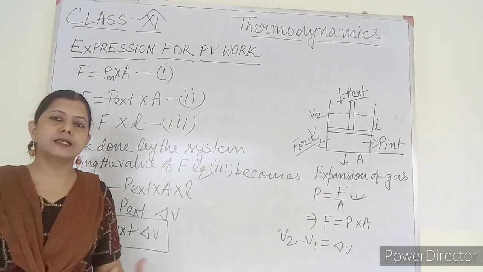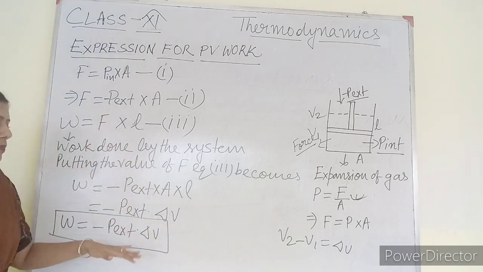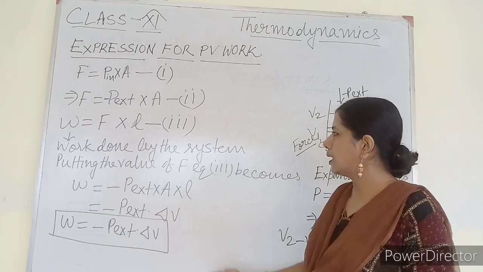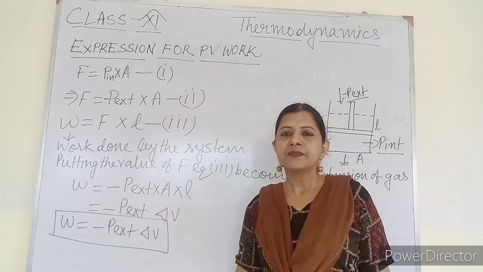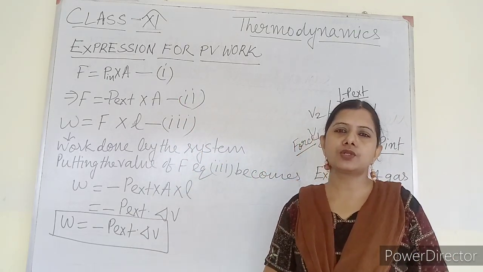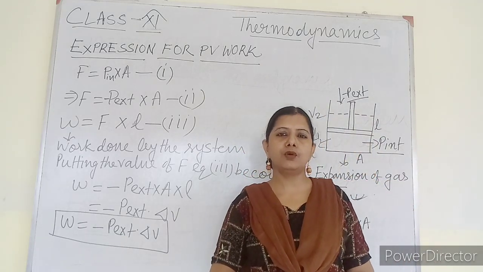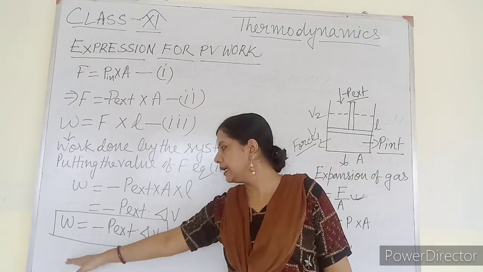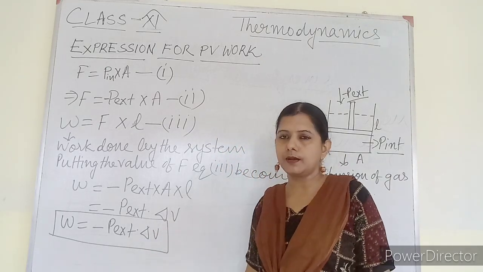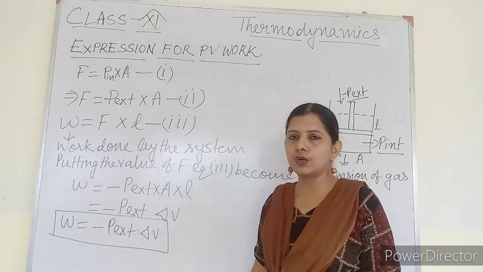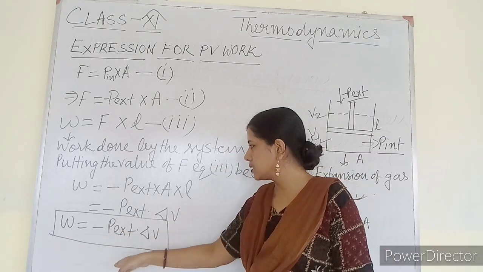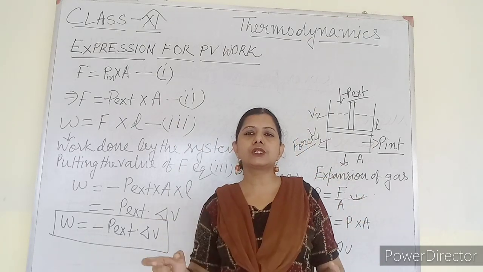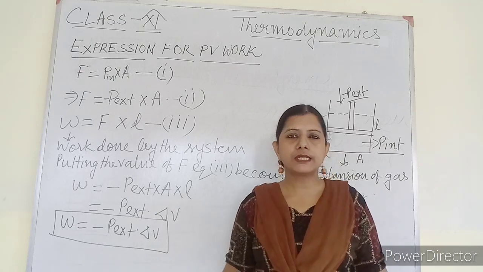So if you get a direct question, derive the PV work done, you have to draw this figure and show it in this way. In the derivation question, another thing is very important that you should write. After the derivation you will write the meaning of each denotation. That is, W stands for what, what is delta V, what is P external, what is F, what is L. You have to define each term. This is a subjective question.